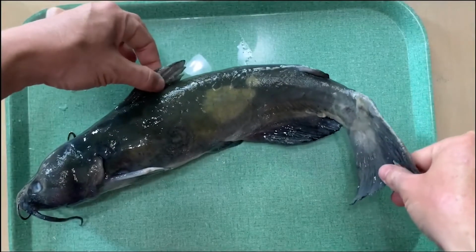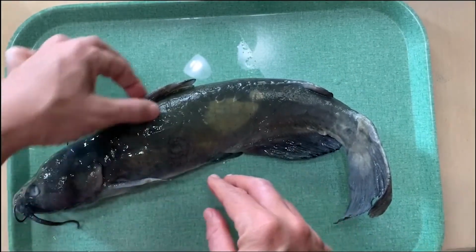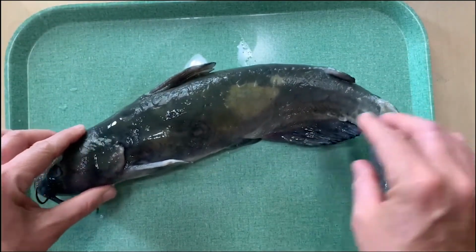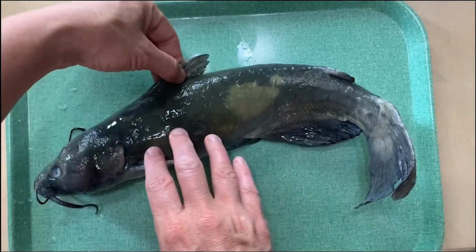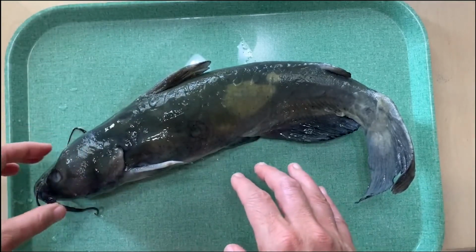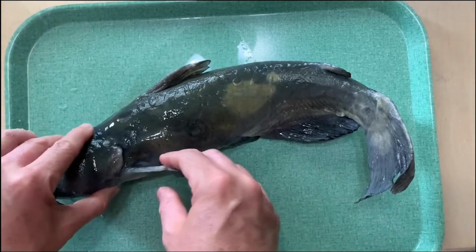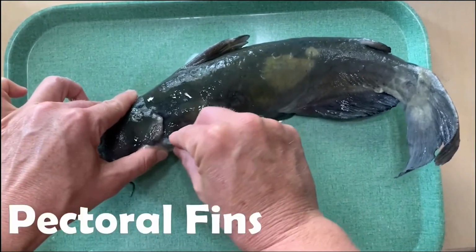Fish have really amazing anatomy and adaptations that allow them to survive really well in water, one of which is all of their fins. They have multiple sets of fins that help them steer and stay straight and balanced in the water. So we're going to go through a few of those fins and a couple of other external adaptations before we head inside. So the first set of fins that we have on our catfish here are their pectoral